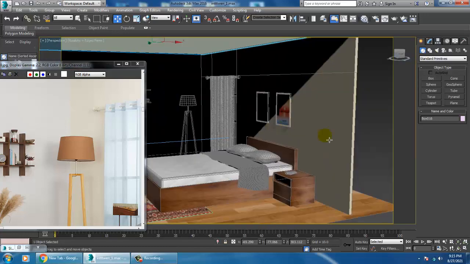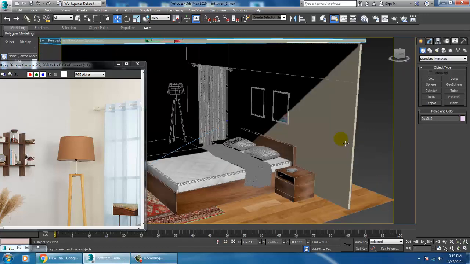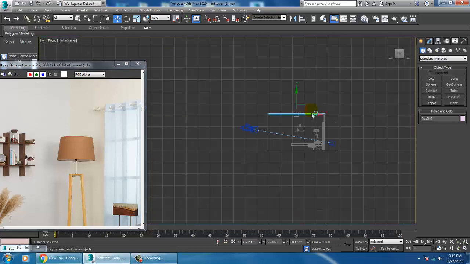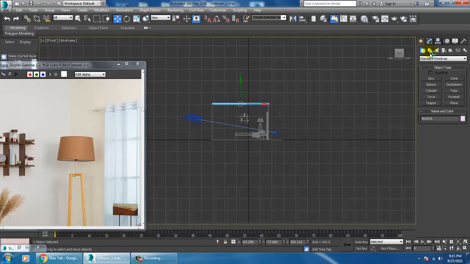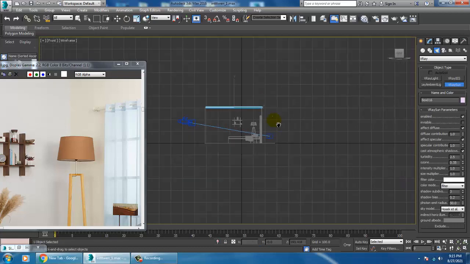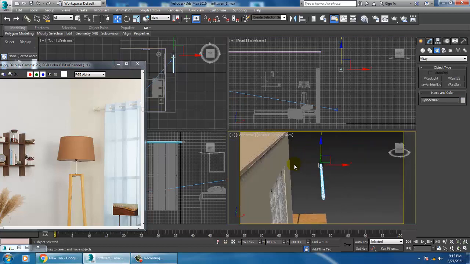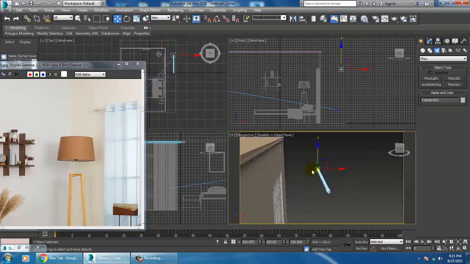So for the lighting part, what we'll be doing over here is light. Let's go into this front view and go into V-Ray, and let's take a V-Ray sunlight. Definitely I'm going to show a sun over here. So I'll just delete this.